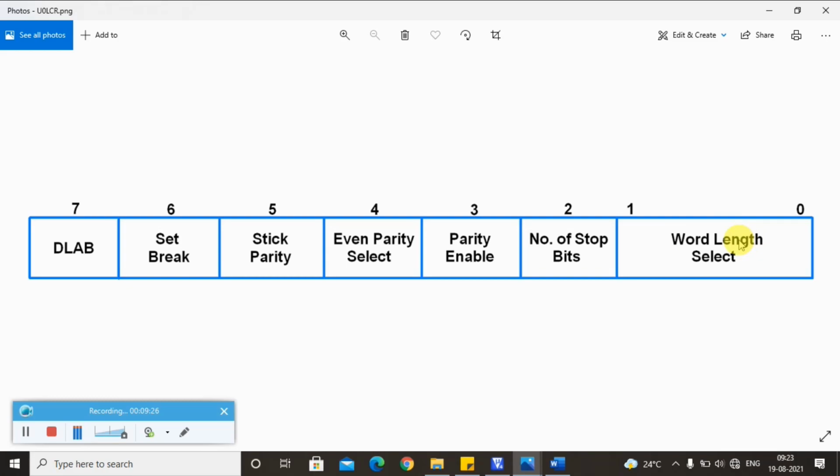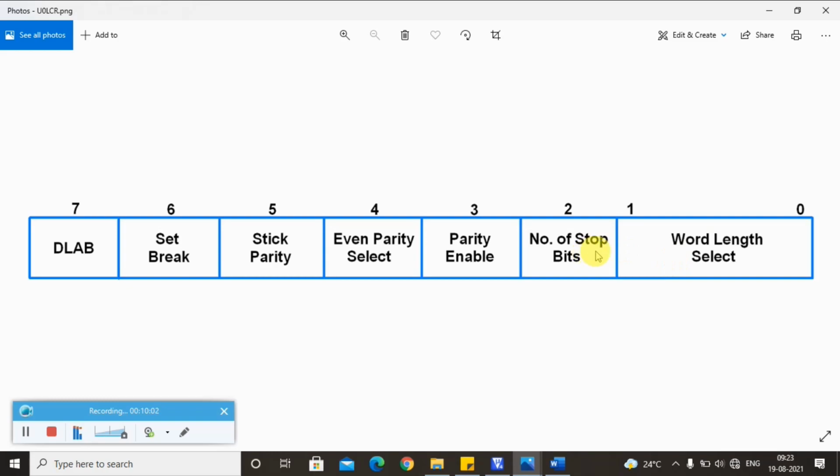Now it is very common that in all our experiments we are using 8-bit characters. That means in place of this column we are going to place 1 1 here. Why? Because we want to represent a single character with the help of these bits. In most of our applications we use this 8-bit representation, as it represents the ASCII format. So for 8-bit, what do we need to place in this column? That is 1 1. Remember that.